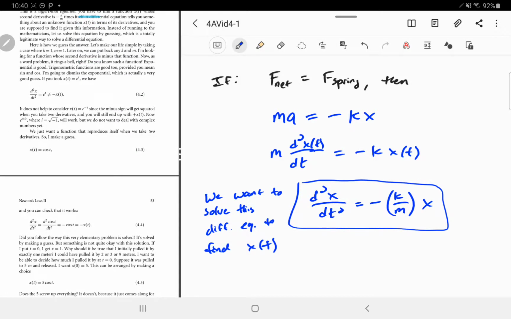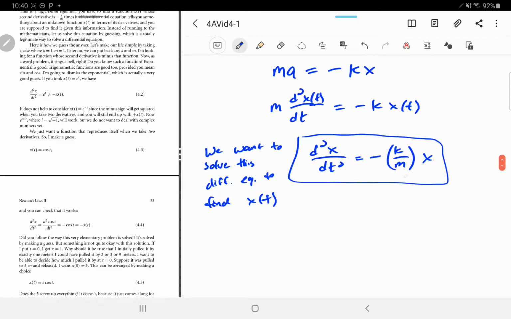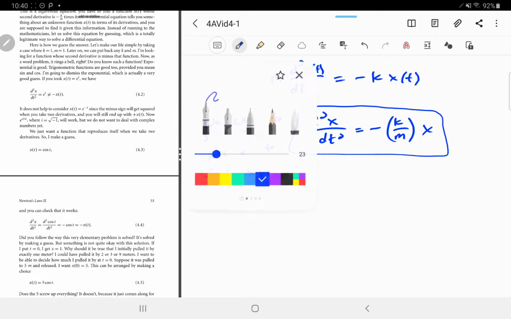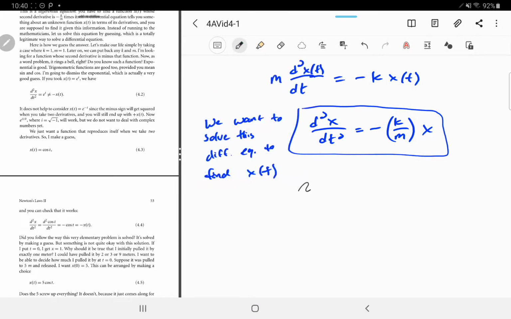But really, you've seen this before. You want a function so that when you take two derivatives, you get negative the function back, maybe with some extra constants involved as well. Two derivatives of a function is the function again, with a minus sign. So the solution to this,